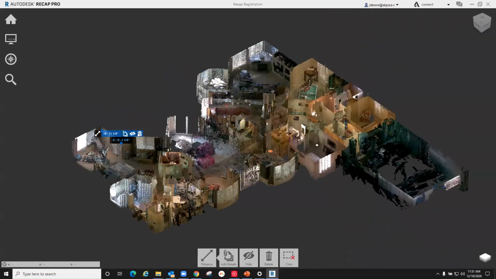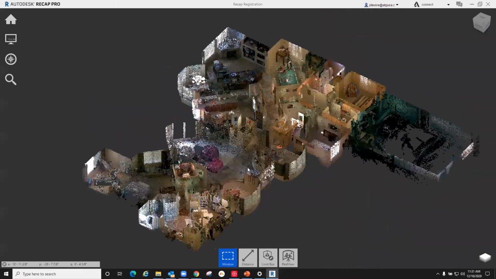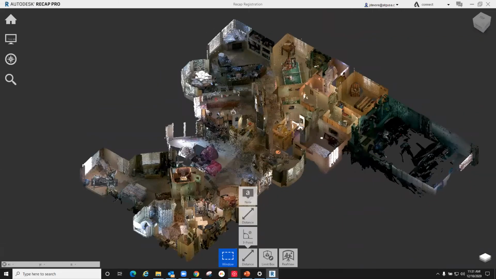I do want to be conscientious of time and get through everything. So those are just some of the tools here in Recap. Pretty powerful stuff to be able to do all that, to be able to see everything. So let's go ahead and switch over to the